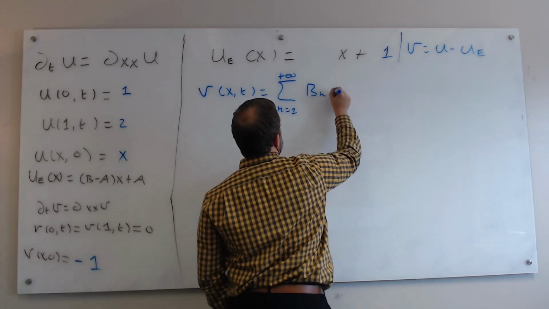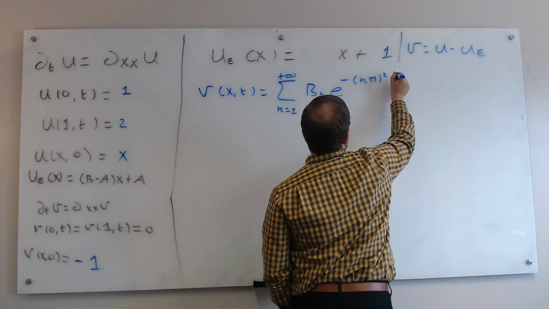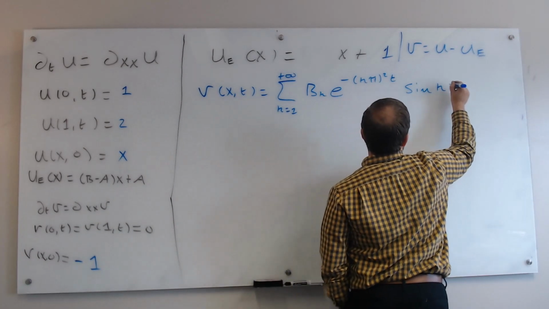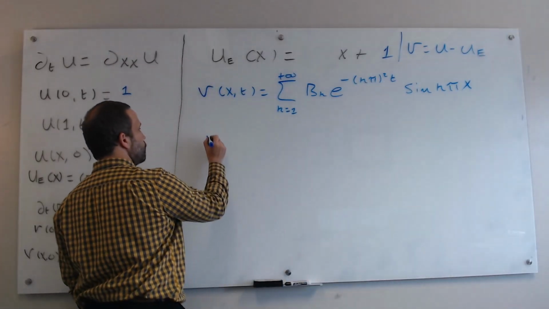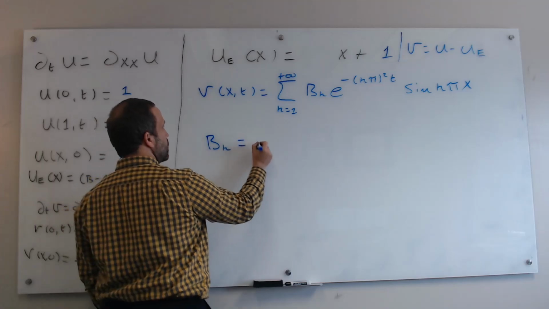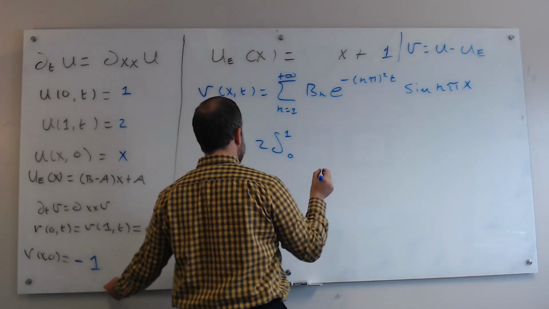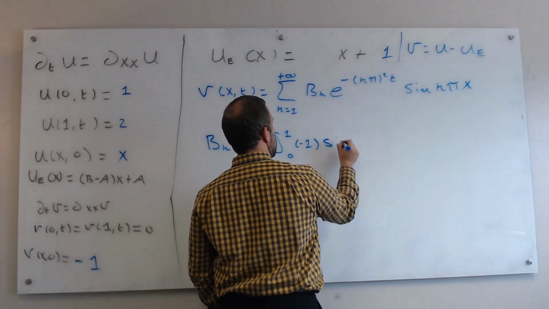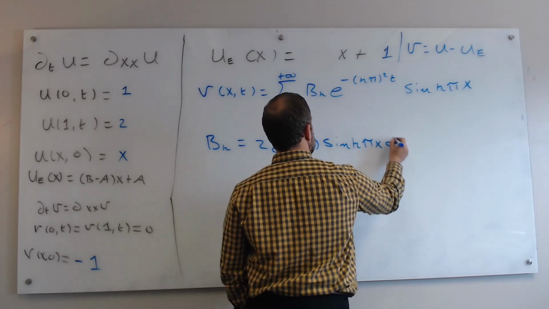b_k e to the minus k pi squared t sine of k pi x, where the b_k's are given by the formula b_k equals 2 times the integral from 0 to 1. We're going to integrate our initial condition, which is 1, and then sine of k pi x